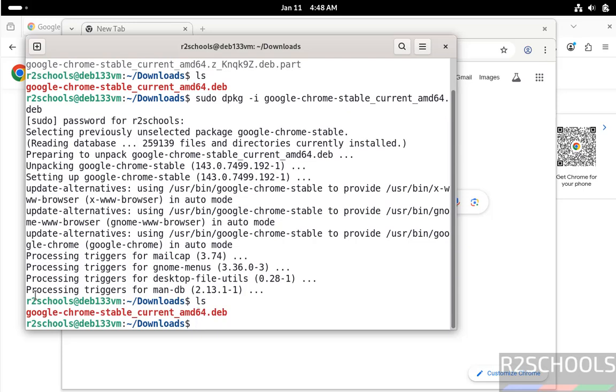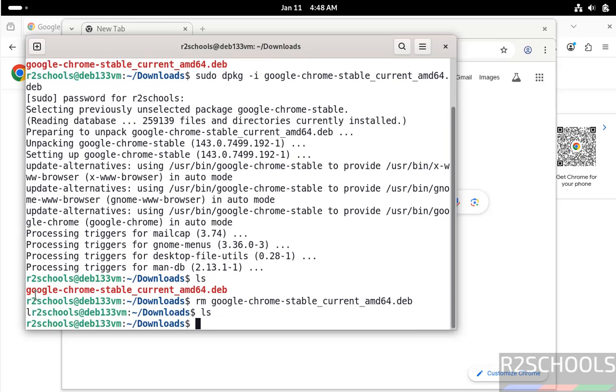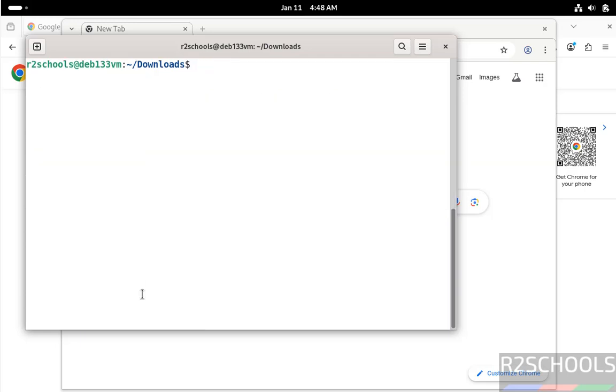This file is not required anymore, so remove it to clear the space. Let's see, here we have cleared the space. Okay, so in this video we have seen how to download and install Google Chrome stable current version on Debian